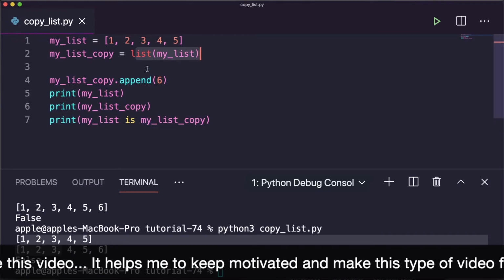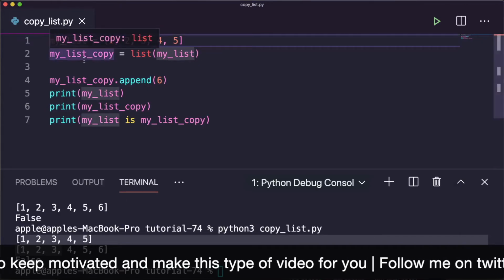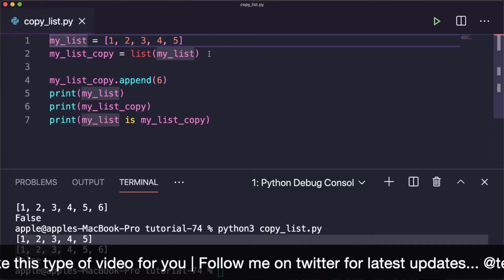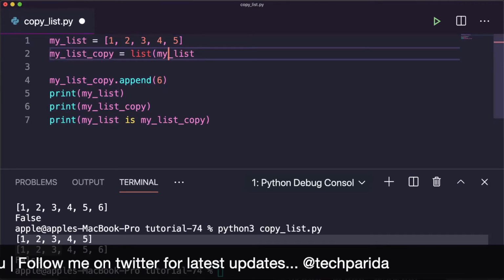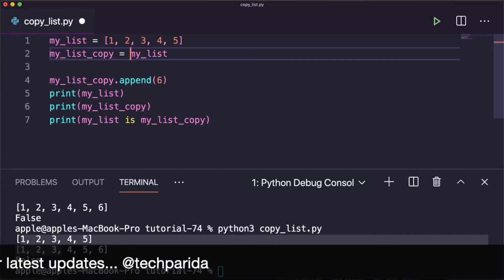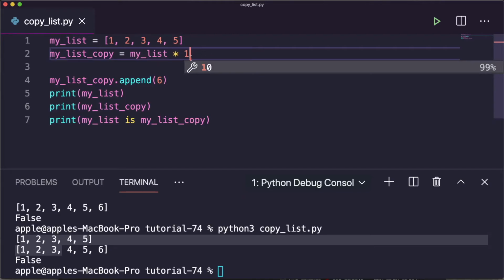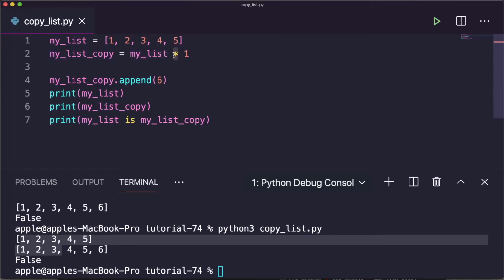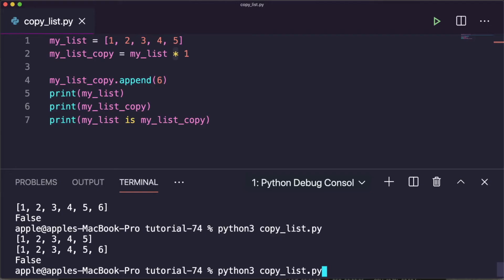The first one, which one? The slice operator, right? Let's see another funny example of copying the list. Here I can use multiplication for copying the list. If you copy this one using a multiplication operator, here you can see the result. Let me execute this one. Okay, so here it is. Yes, it is the same as we previously discussed. We have copied the same list to another variable using the multiplication operator.